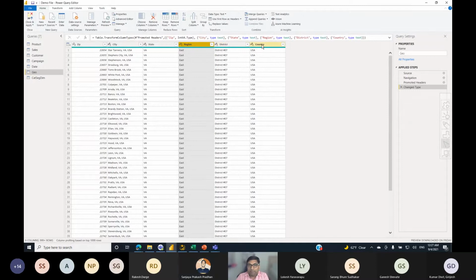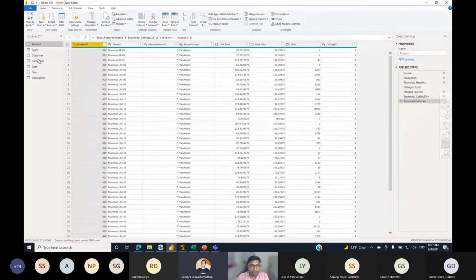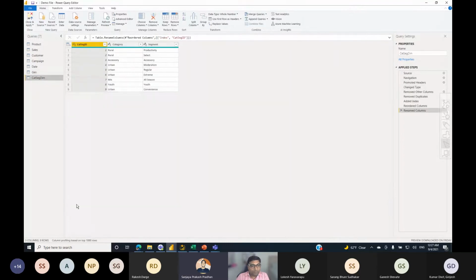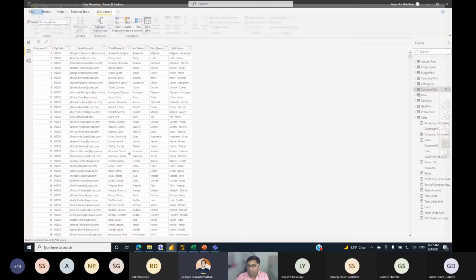Region, district, and country. Okay, so a similar approach you can do here as well. Okay, so now I'm going to apply this.